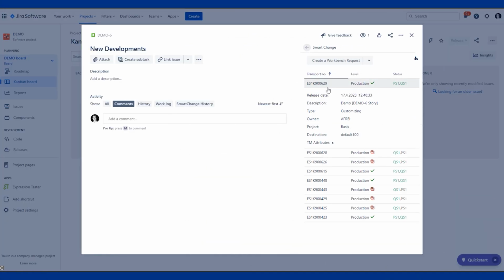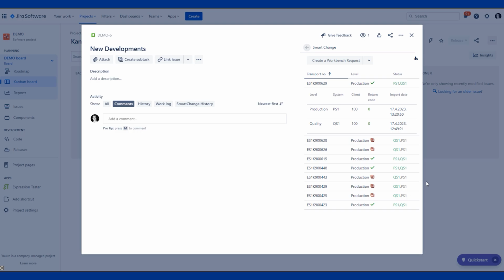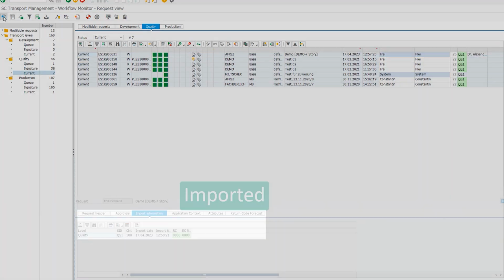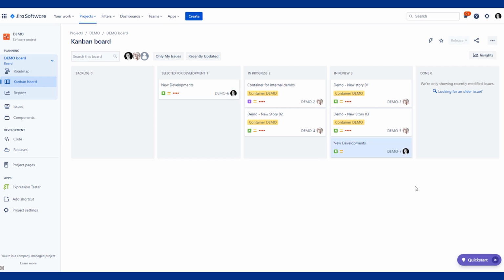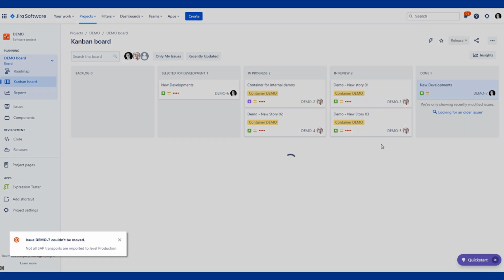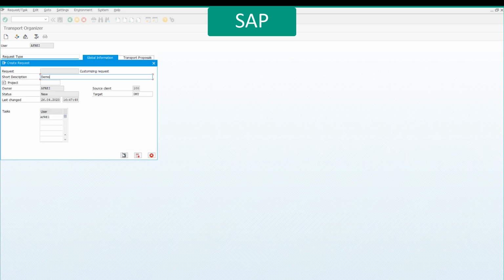The app provides a dedicated panel displaying transport details, approval statuses, and import feedback. Jira statuses can be mapped to SAP import statuses, and conditions can be set to prevent transitions in Jira unless specific criteria are met. To create a transport request, you can use your SAP development system, linking the request to